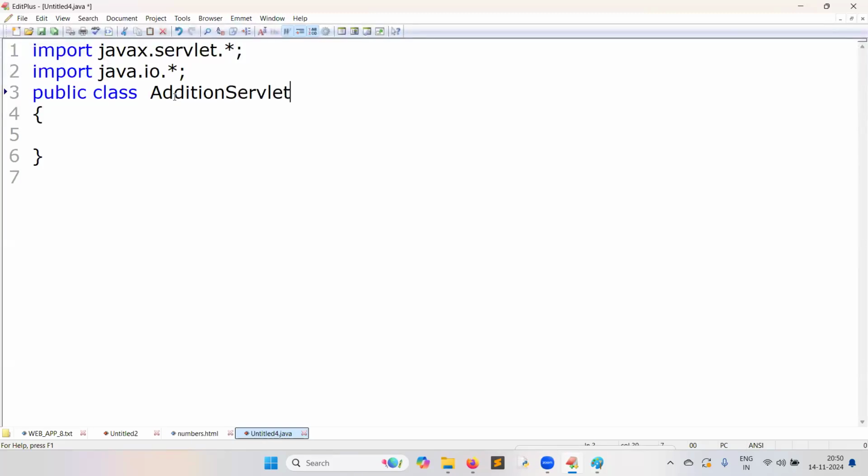AdditionServlet. If you write the class name ending with Servlet, is it eligible to act as a servlet? No, no. At the top of the hierarchy, the servlet interface must be there. But I told you yesterday, if you implement the Servlet interface, you have to implement so many methods that are not required. How to escape? Extends